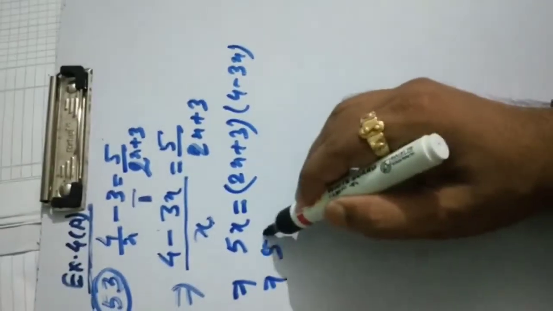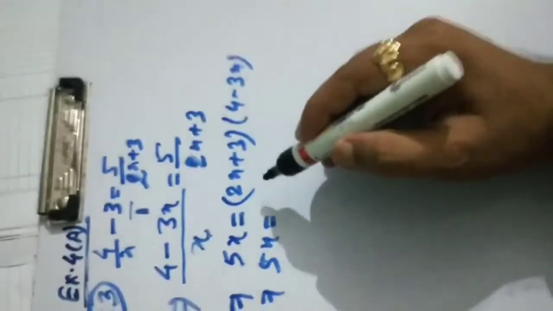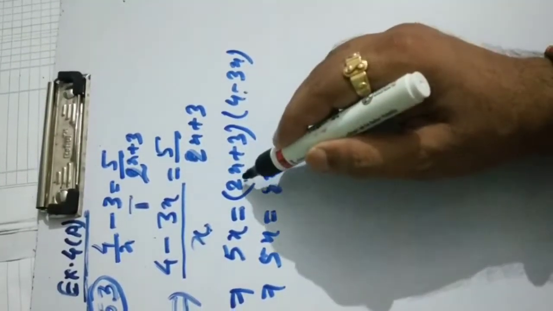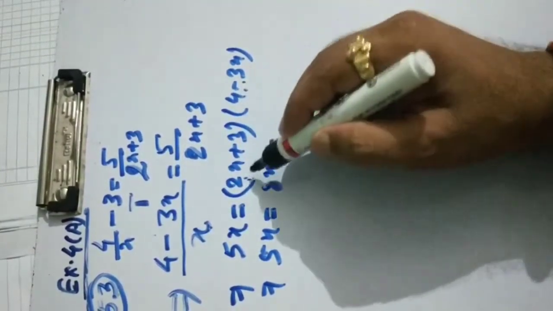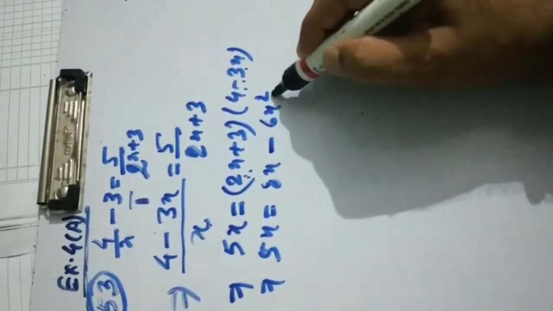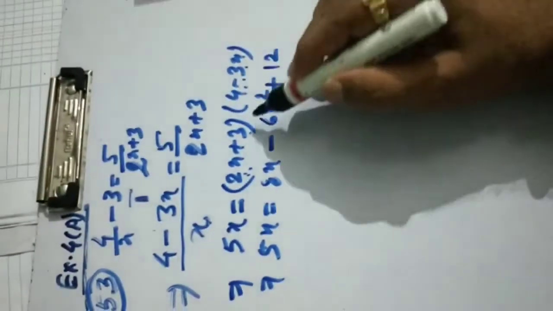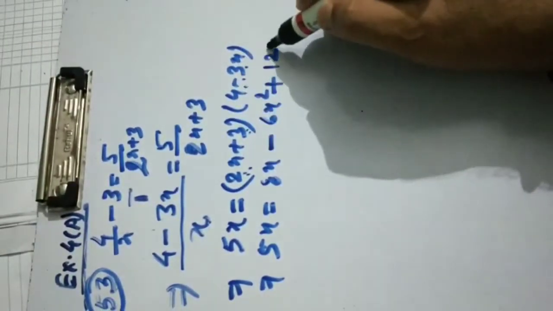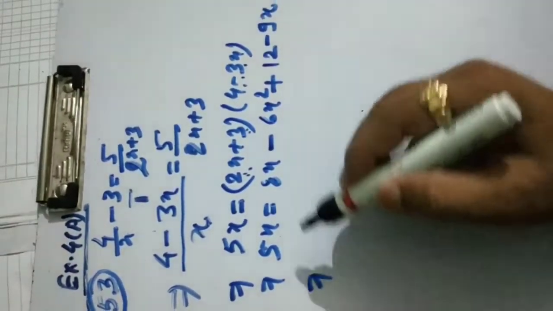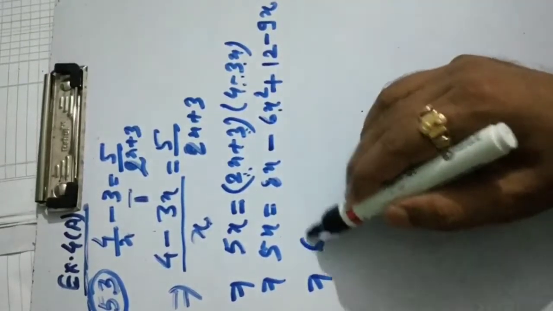Then 5x will be equal to 2x multiplied by 4 will be 8x, minus 2x multiplied by 3x will be minus 6x square, plus 3 multiplied by 4 will be equal to 12, and 3 multiplied by minus 3x will be equal to minus 9x. Then minus 6x square transferred to LHS will be plus 6x square,